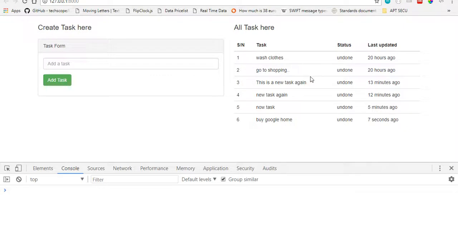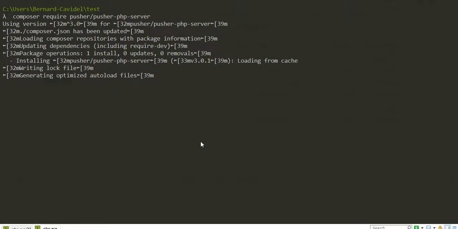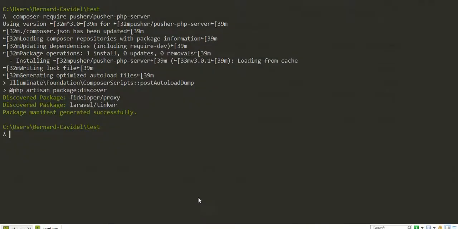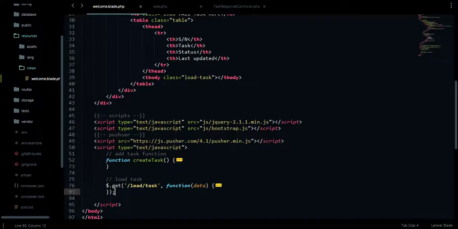So we should be able to add the new tags without reloading the page and see right here. So let's check if our Pusher is still installing. Pusher is still installing. My network is kind of slow. So okay, let's go back, I think it's almost done. Wow, it's cool. So now we need to go and configure our app to be able to see Laravel